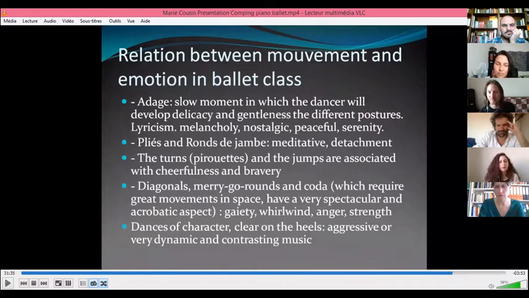So there's a conclusion. There is a relation between the dance moves and the proper emotion they hold, and this emotion must be recognized in the music that accompanies them. All the work of the pianist is to choose and compose good music that will reveal this emotion that constitutes the dance move. And also there is a correlation between the accent and form of the music and the accent of the feet on the ground. For example, the rond de jambe on the ground is a move of the feet on the ground, and the musical phrases and accents follow exactly the pattern of the legs on the ground. So, in conclusion,